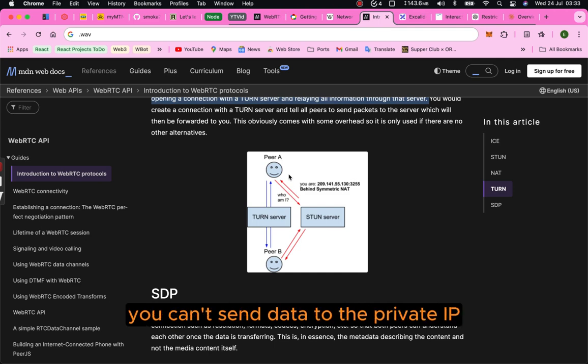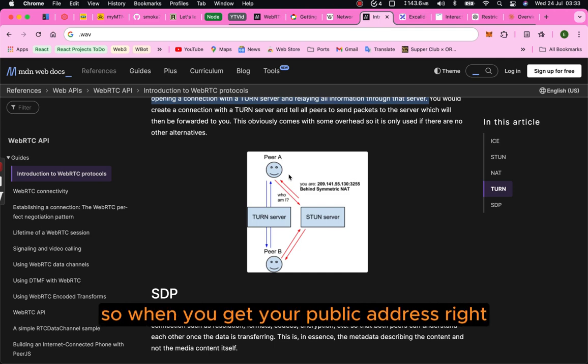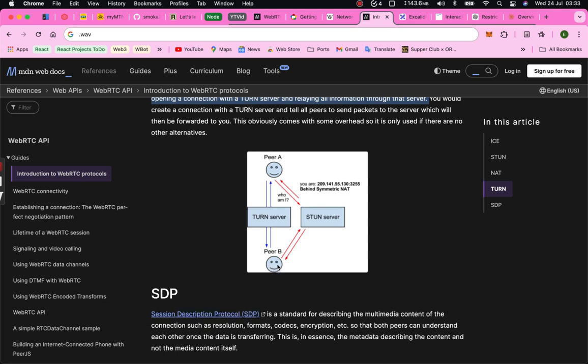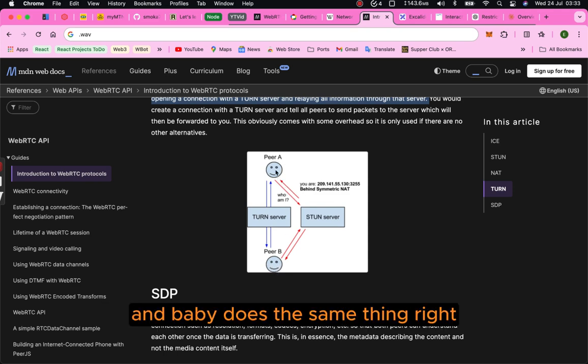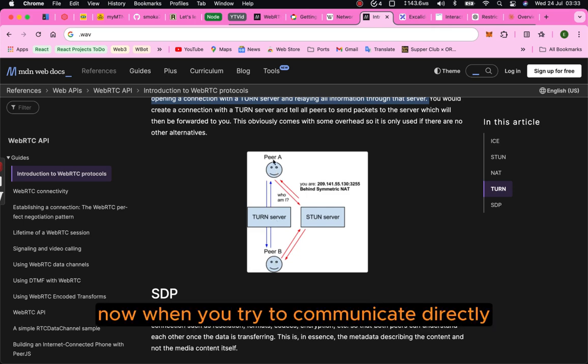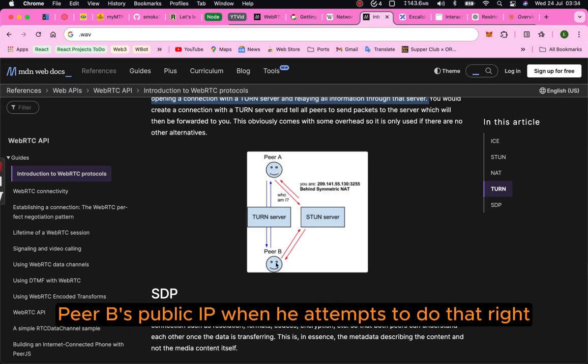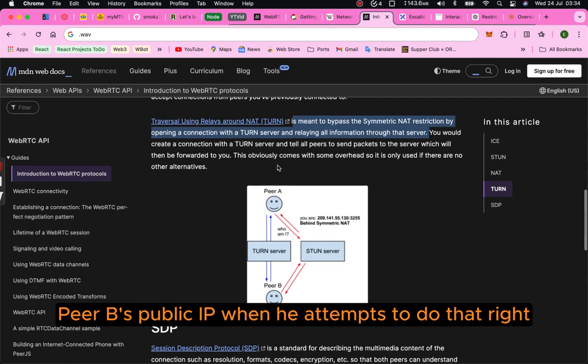You can't send data to their private IP. So when you get your public address and send it via a signaling server, which is not in this diagram, to peer B, and peer B does the same thing, now when you try to communicate directly, let's say peer A wants to send data to peer B's public IP. When he attempts to do that,